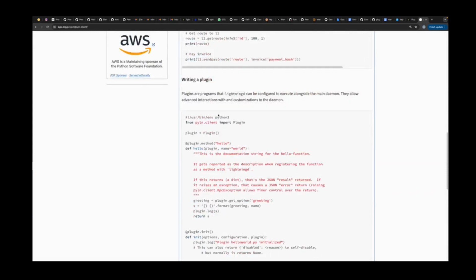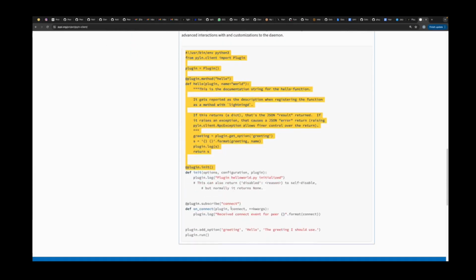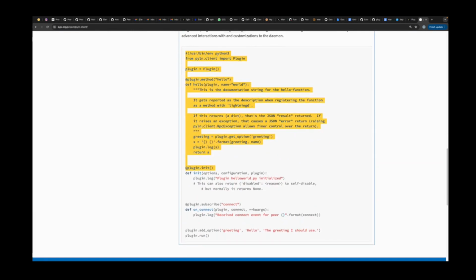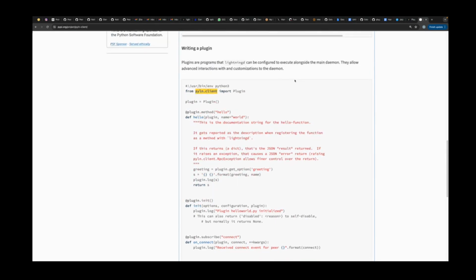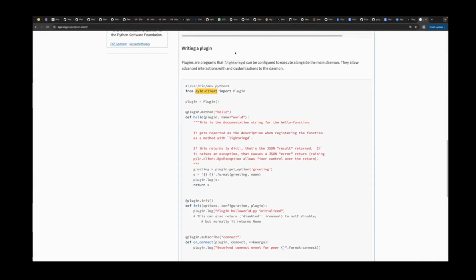This is the basic Hello World plugin that is written in the documentation using the pyln client. We'll write a basic plugin, implement some methods on it, and then run Lightning D through this. Also, there are different flags as well, while running Lightning D, you can